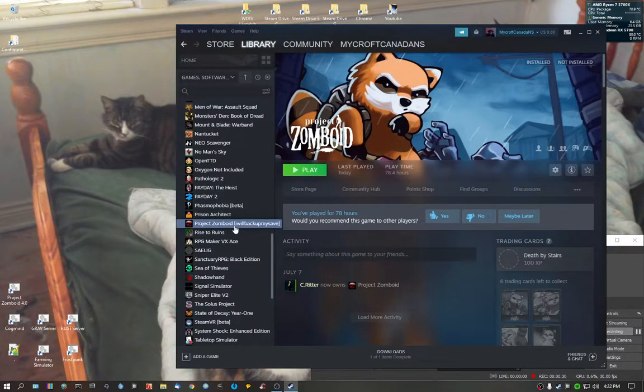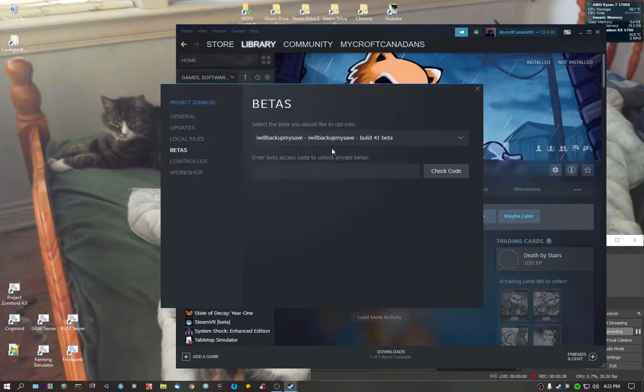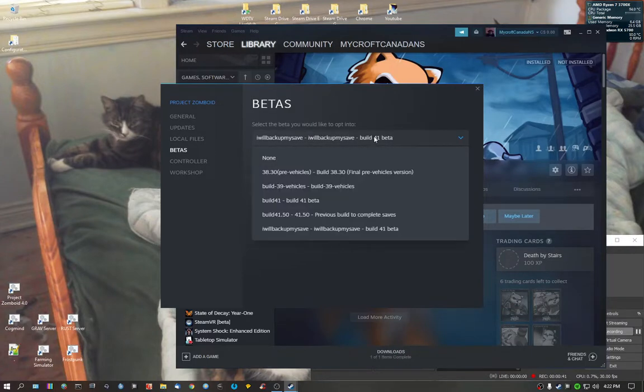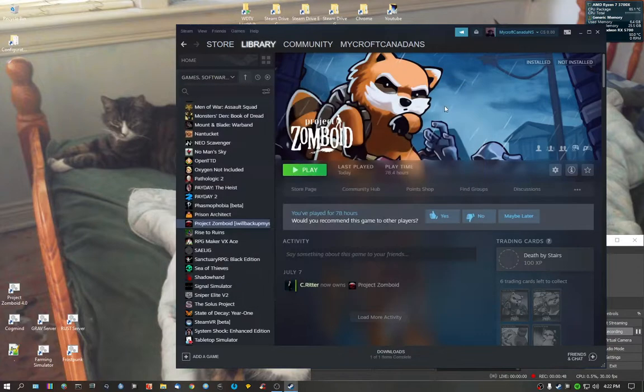I always take part in the beta. I will back up my save in the beta tab. If you go here, properties, betas, I'm always part of the IWBMS version beta. But what I wanted to do is that I know there's no multiplayer in Build 41 Plus, right? So I wanted to have a version 4.0, which does have multiplayer, and I have a bunch of